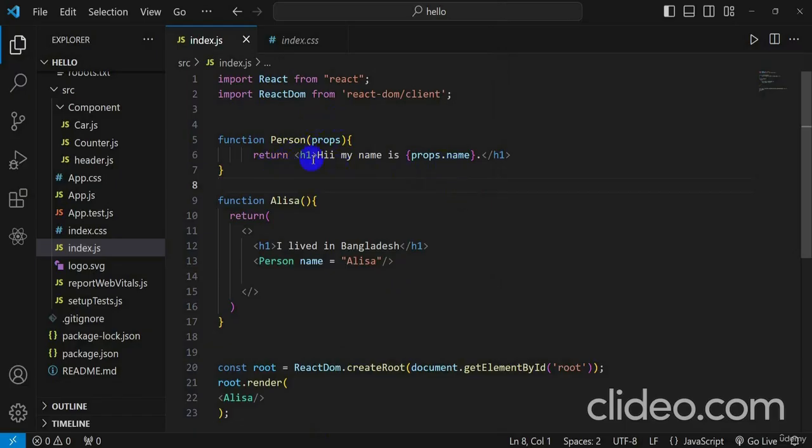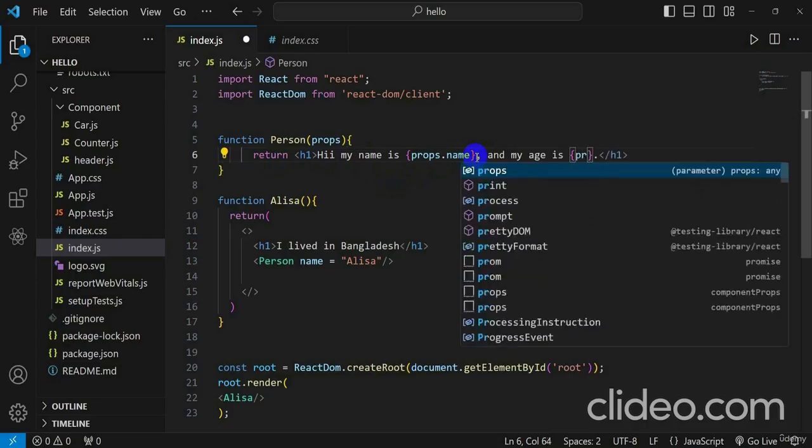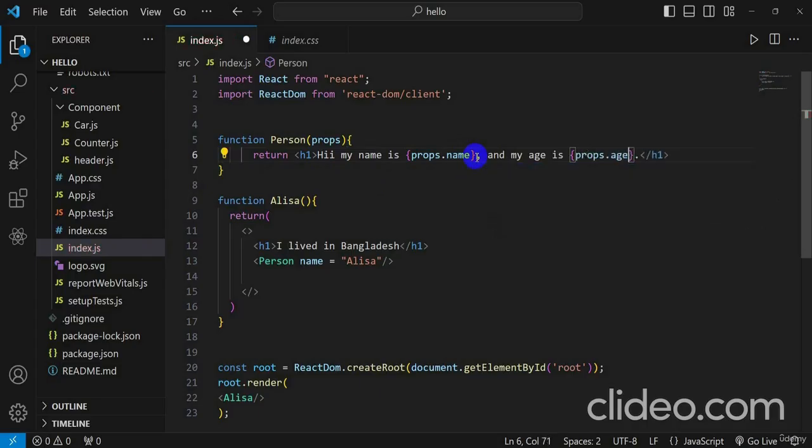I insert the age. Okay, so here I return and create my name is, and now I also insert, so now comma and create, my age is, and here I use the props method dot age. Okay, so in this session the creation is completed, and now I'm going to the function Alisa, and